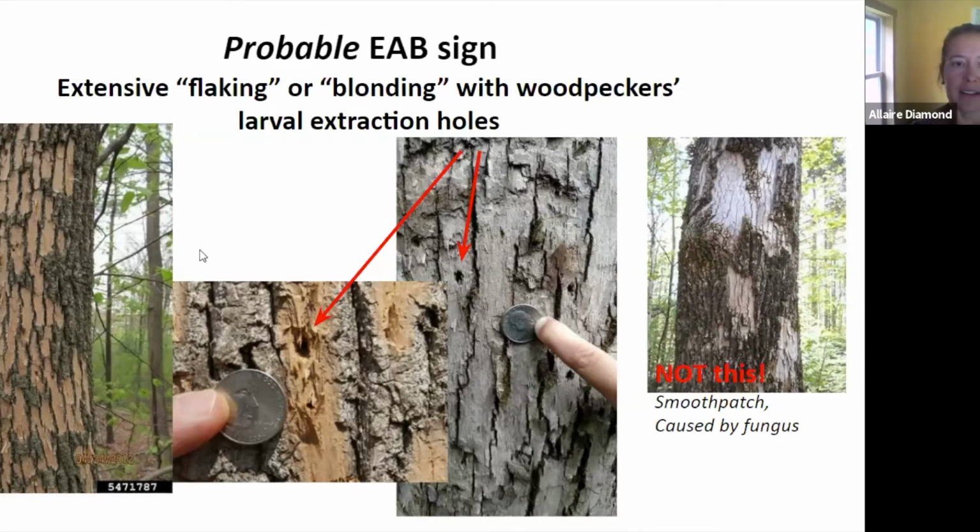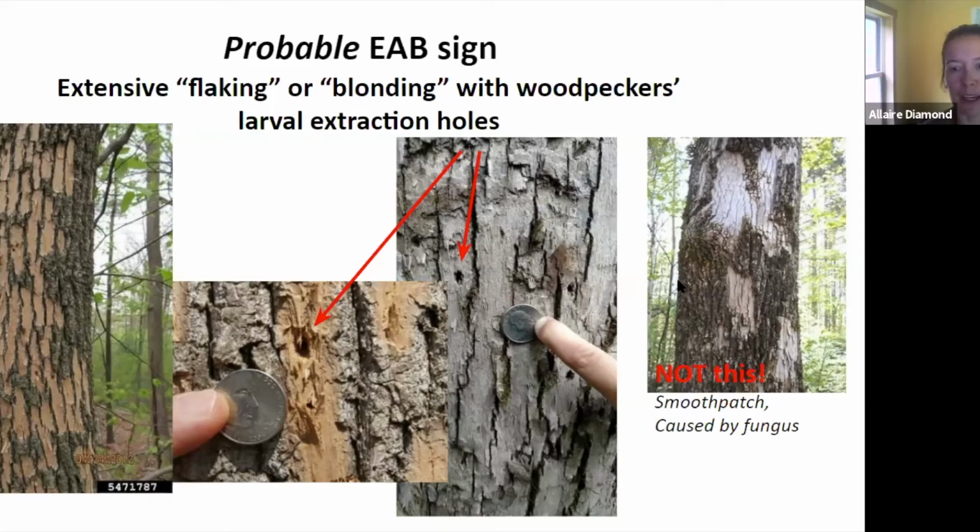So this blonding is a really distinctive kind of sign. It's flakes of bark that are missing from the tree, so it looks blonde or light. But then beneath those flakes are these woodpecker extraction holes that go beneath the bark, because the woodpecker's been pecking through and pulling that larva out. This is really different from, well, not really different. I think it's hard to distinguish sometimes,